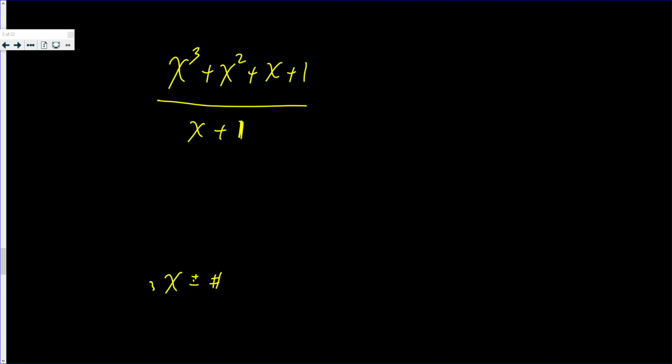You can't have 3x, you can't have negative 3x, you can't have negative x. It has to be x plus or minus a number. And remember, that number can be 0, which, by the way, is just x. Okay. So what you do here is,